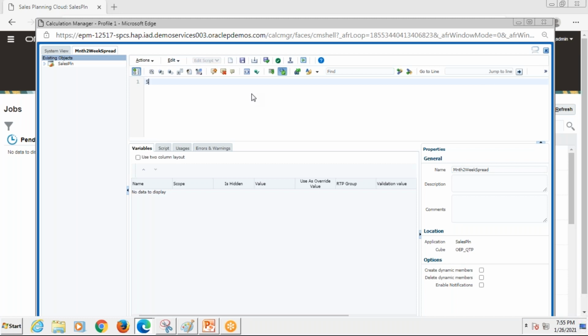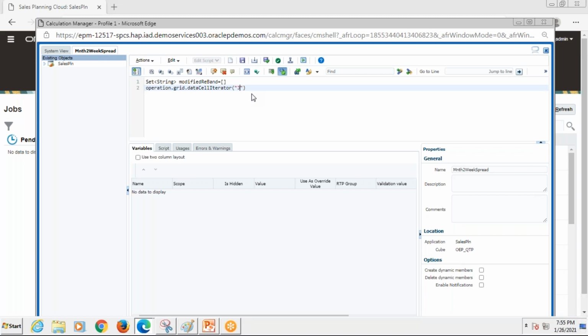So revenue band is the member for which I wanted to track everything. So I'm giving a variable as revenue band and operation.create.data cell iterator.